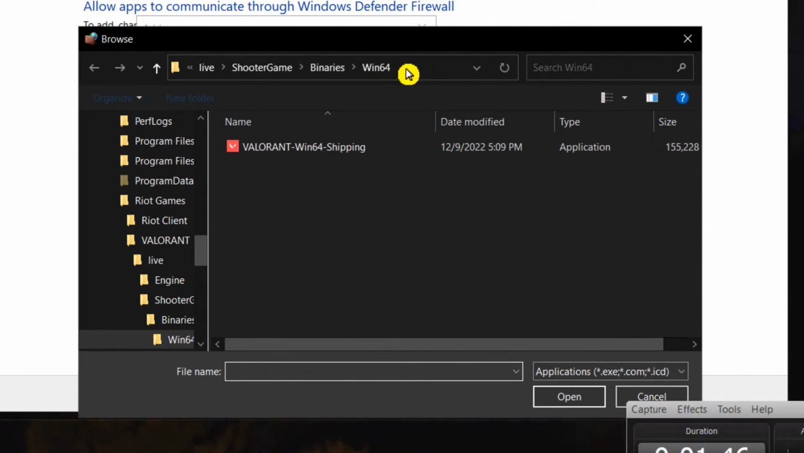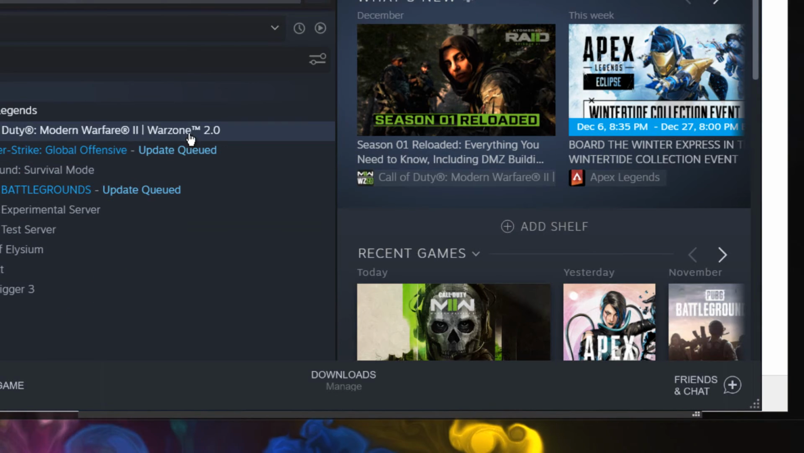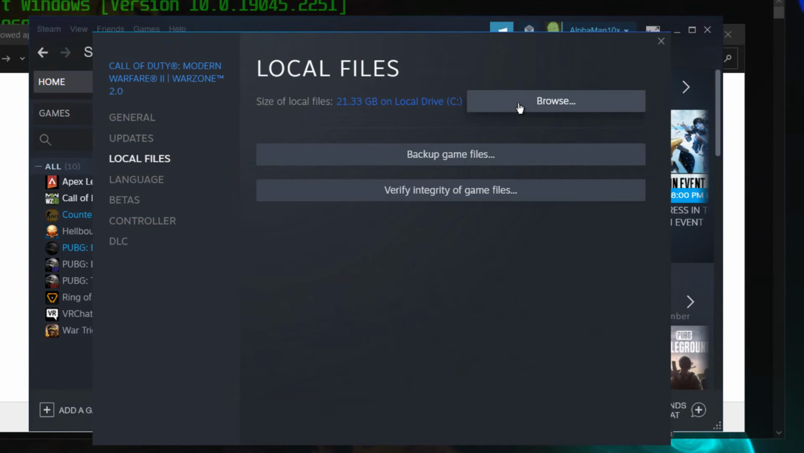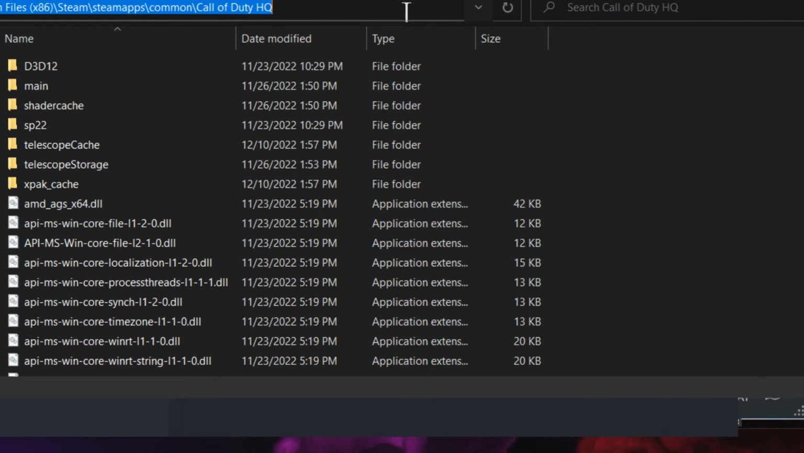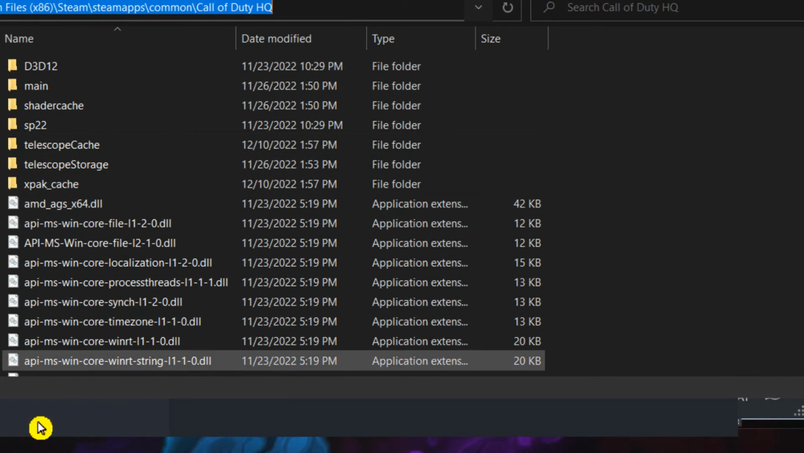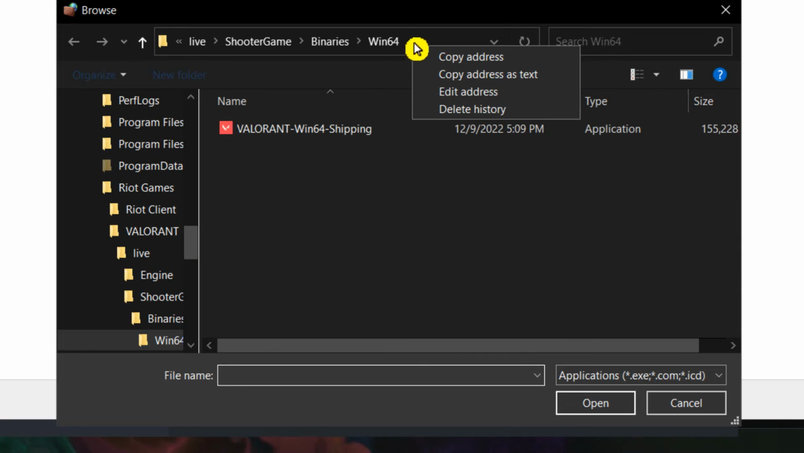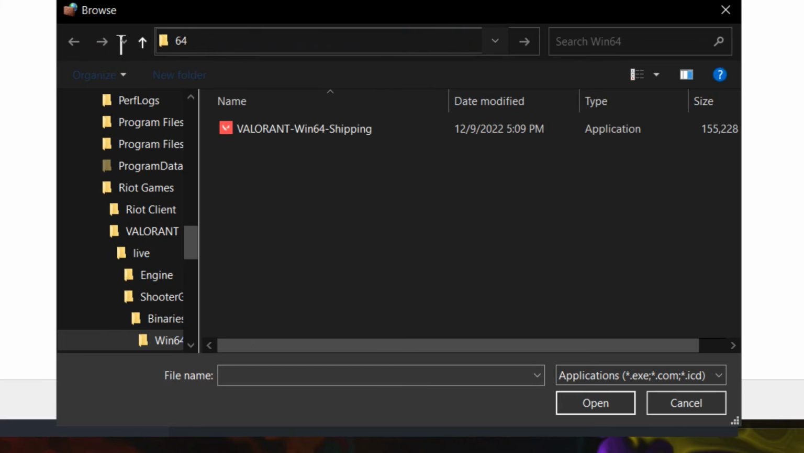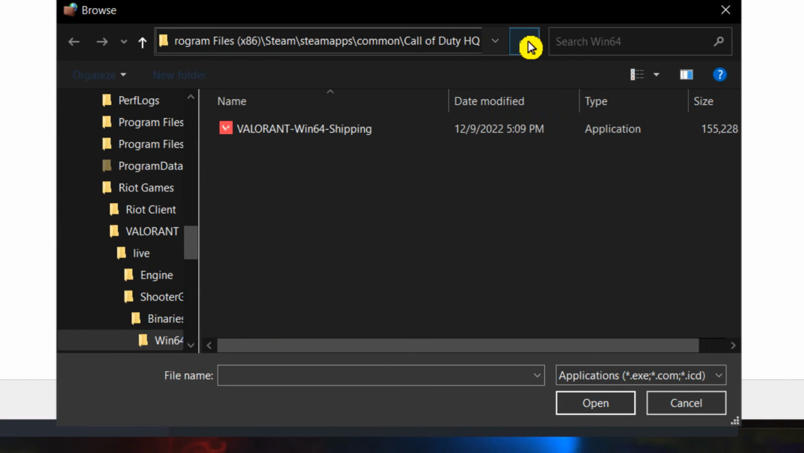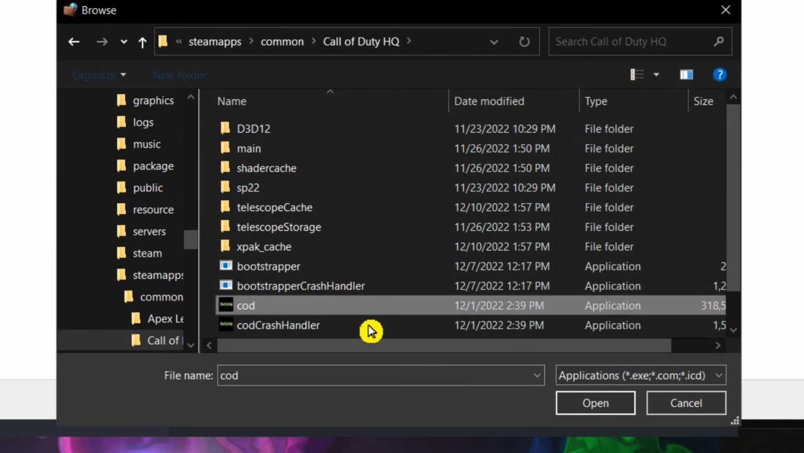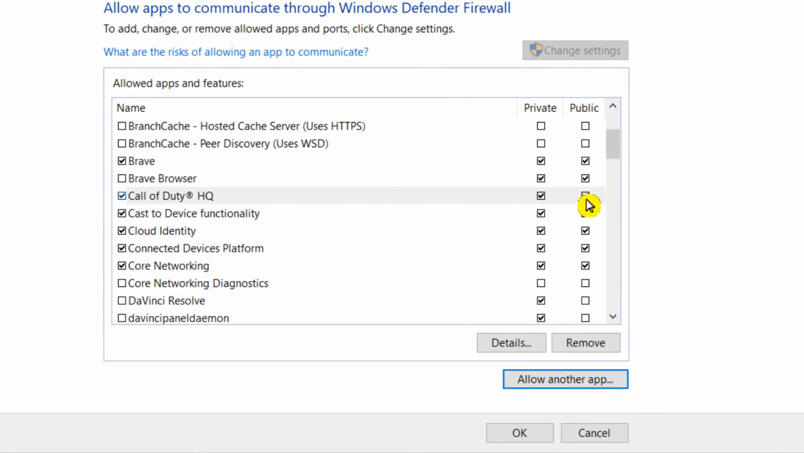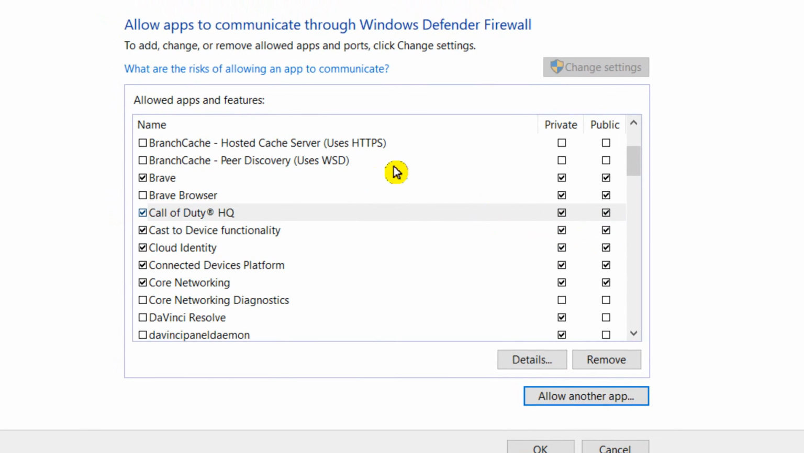and here go to Steam, right click properties, local files, browse, click here, copy, and here let's paste the location. Paste and click on this arrow, and now select CoD, open, add, and check public. I already have it in this list. So